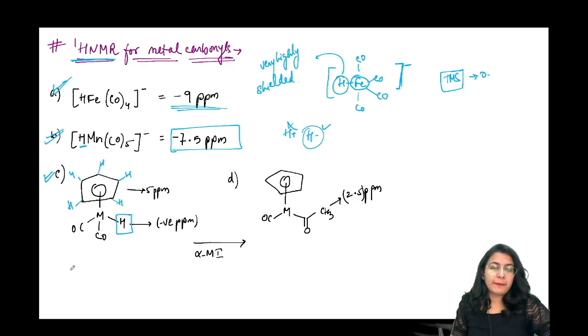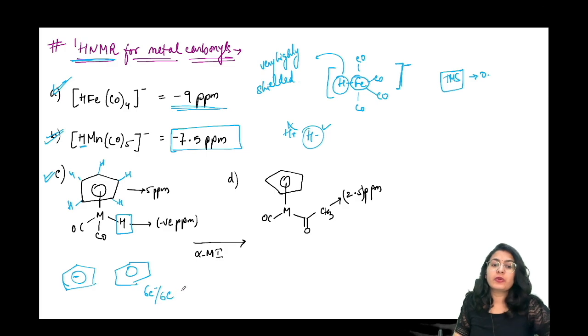Is it also going to be a negative value? No. Usually what happens is, when you consider this system with respect to benzene, it has 6 carbons and 6 electrons. So 6 electrons per 6 carbons is going to be like a 1:1 ratio. But there are 6 electrons per 5 carbons. So this is definitely more electron rich than benzene. So the benzene proton NMR value comes at 6.5 to 8.5 depending on the substituent, and regularly it is like 7.8 or something. Now here you see that it is 5 ppm for the Cp